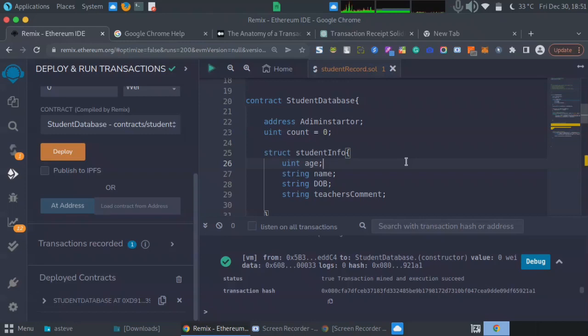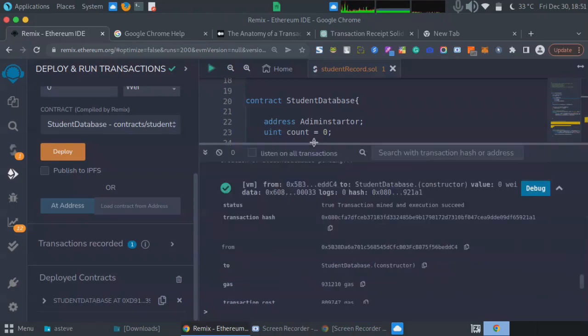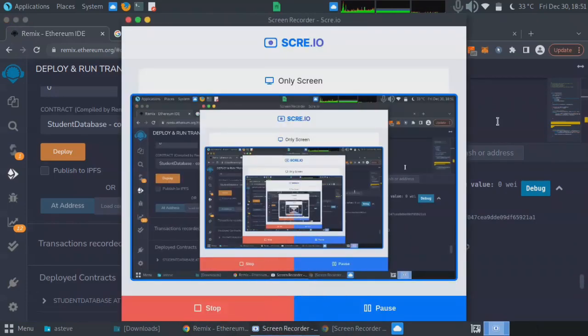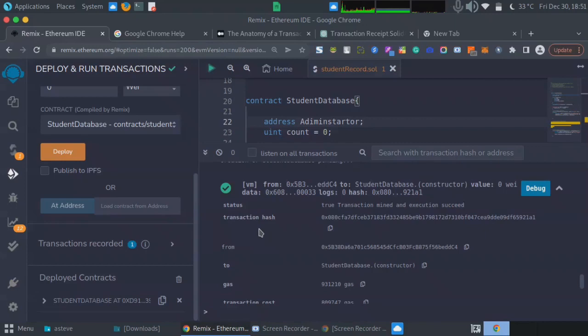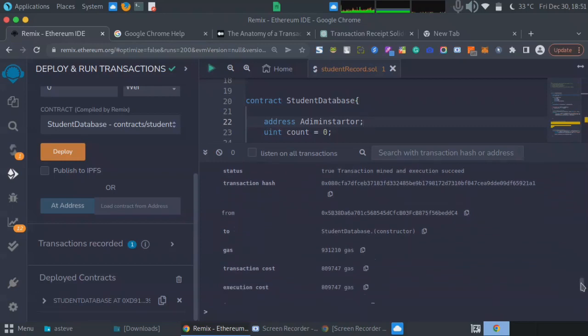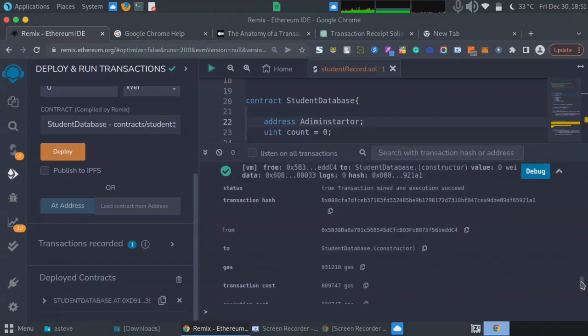A receipt is always returned, and that receipt just contains information about the transaction that we performed. So for example, in our own case the transaction we performed was deploying a smart contract to the blockchain. Now this is the receipt that was returned, and you can basically see the transaction receipt as an object